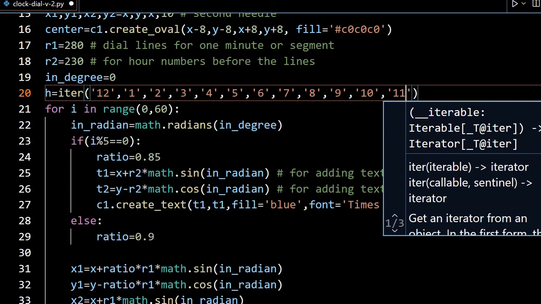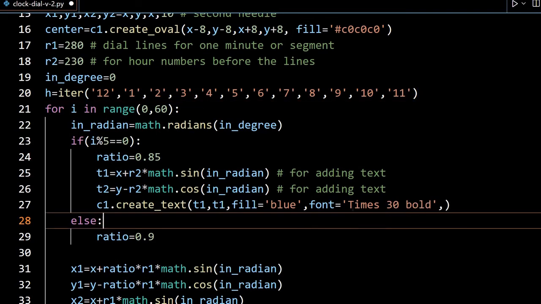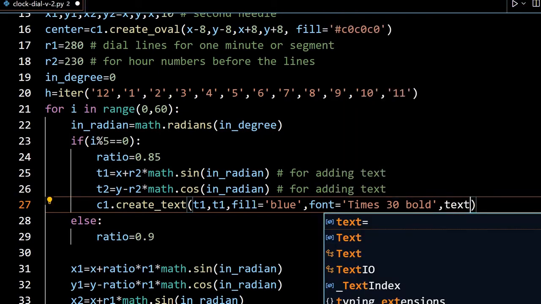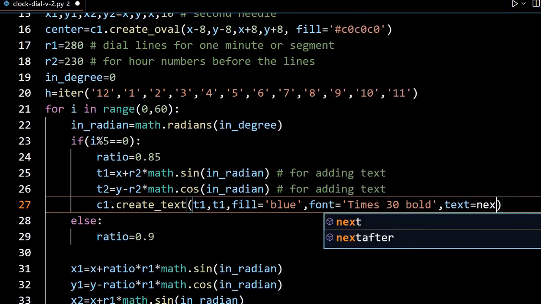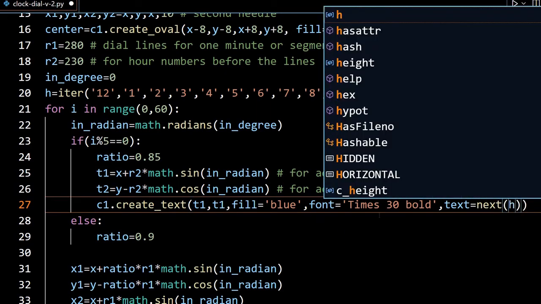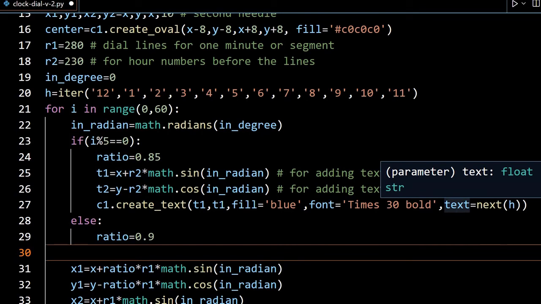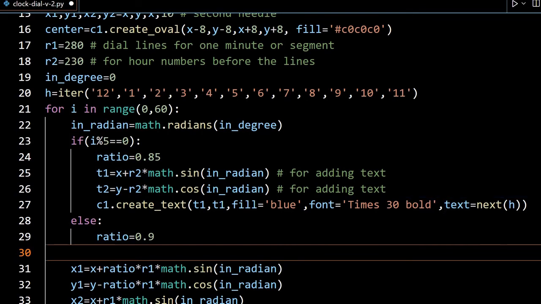So it starts from 12. Here you change whatever you want. You want stars to be displayed, fine, do it. Okay, so times bold. Here what I will do, text. The text option of this create text is next and edge. Means what will happen, first when it executes, it takes the 12 value. Next time 1, next, because this is an iterator, all iterators work in that way. You can see our tutorial on iterator also. So in that you can see that every time this line executes, it takes the next value. Last time if it has taken 3, it will take 4 now, it will take 5 next time, like that it will continue. So that's all.